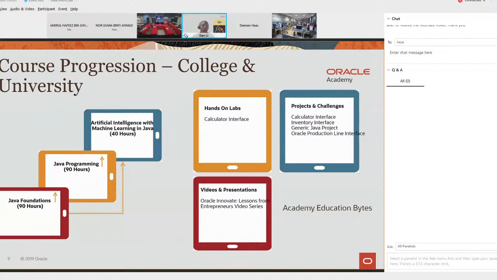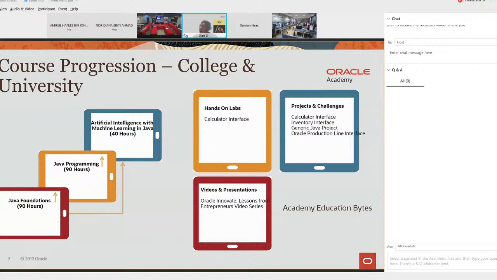something for the advanced students. They are trying to learn some of the internal or advanced skills for the Java programming environment. And then maybe some students are going to learn some AI and machine learning. So we are offering this curriculum to the students, and they are trying to learn some of the basic knowledge of machine learning, and combined with the Java programming language, they are going to develop some projects based on machine learning